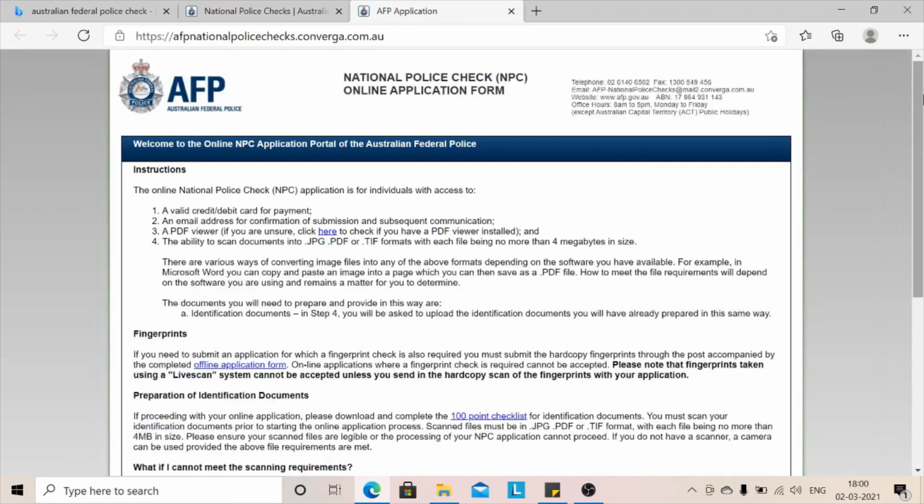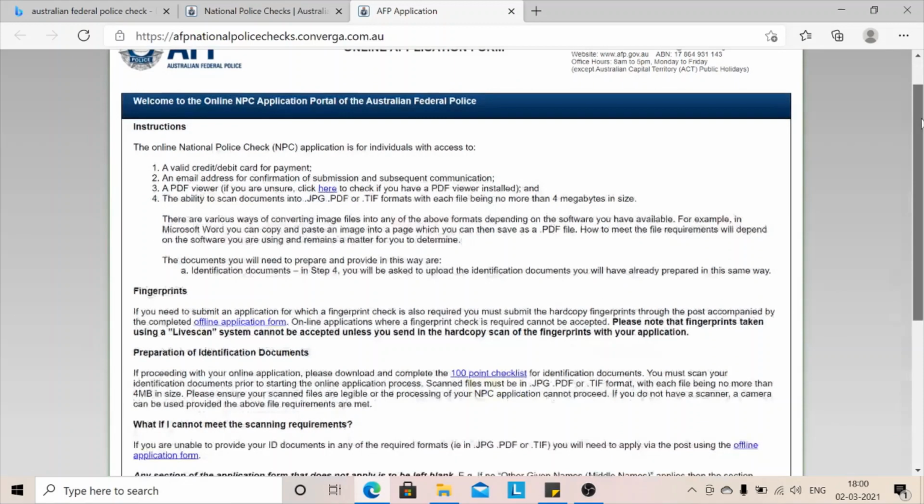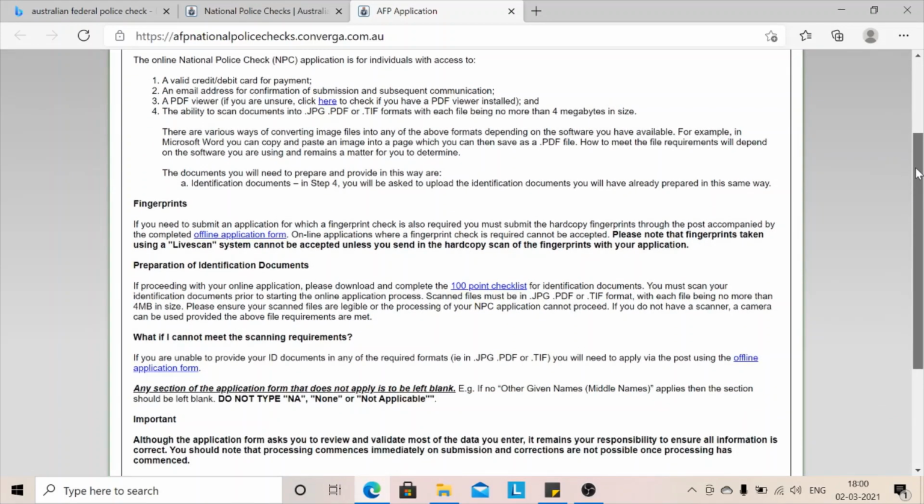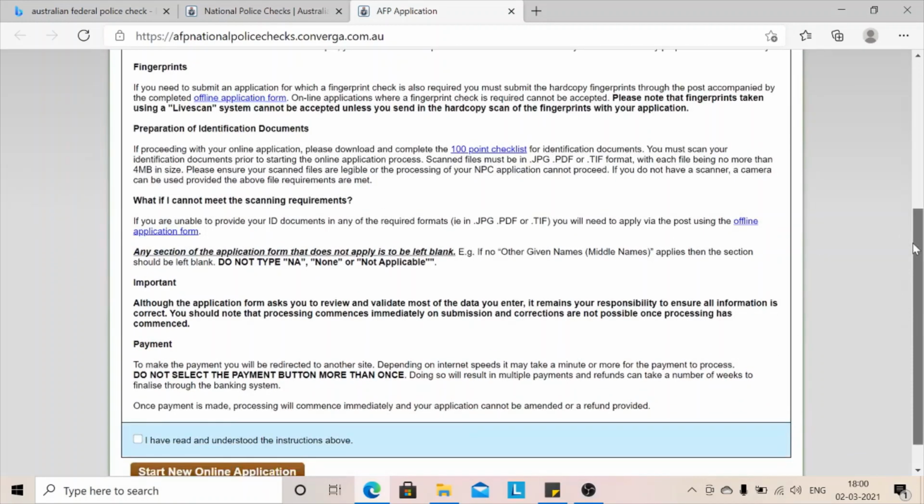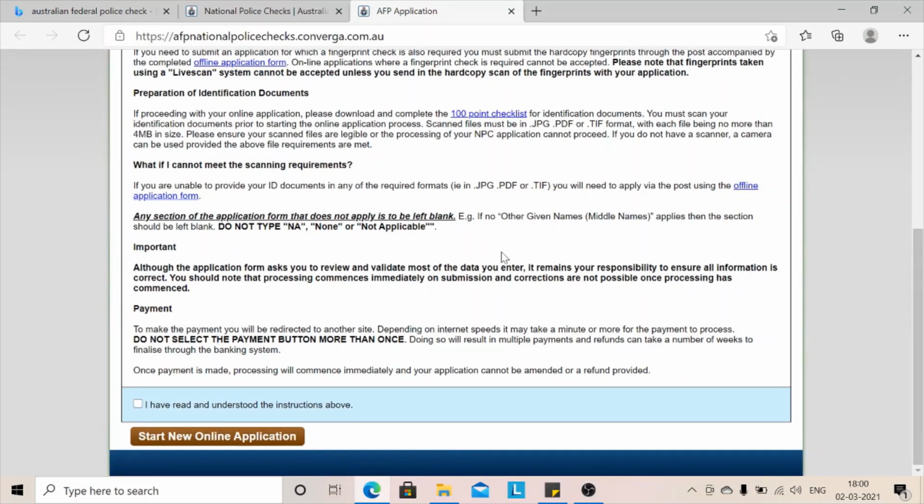So if you need that link directly, just press the link below in the description box. Just read everything here. After you read everything, press I have read and understood the instructions above.